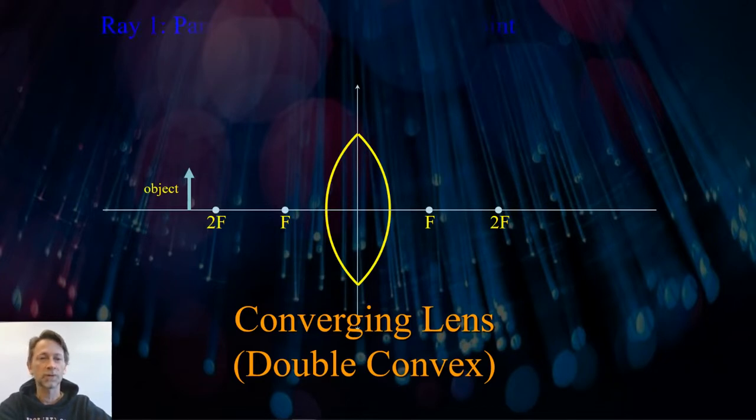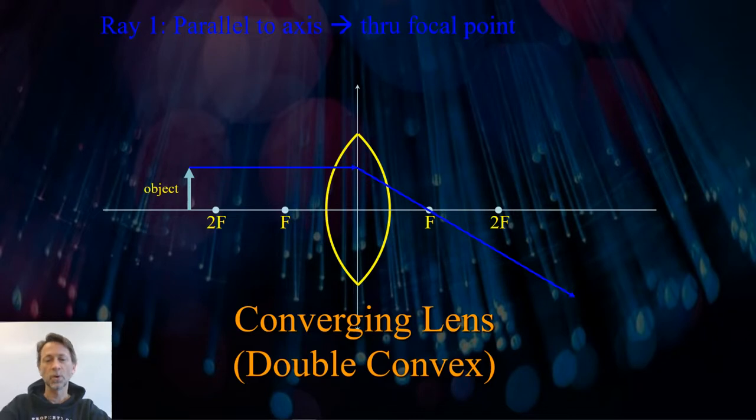So if we draw our first ray, remember it goes parallel to the axis and through the focal point. So the first thing we're going to do is go parallel to the axis. Now the question is, which focal point do we go through? And this is where it becomes important that we know what kind of lens we're talking about. Because this is a converging lens, it's going to pull all of the rays together to this focal point that's on the right. So since I went parallel to that, I'm going to come down through and go through that